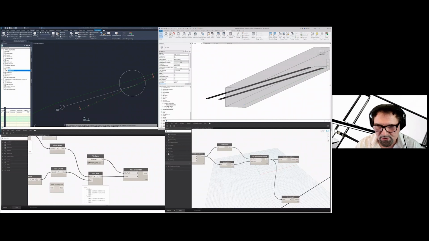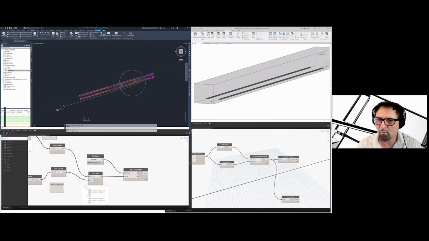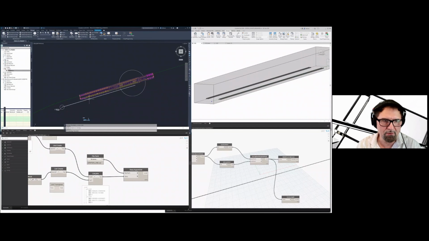All right, so I'm going to switch the running to automatic. And over here in Civil 3D, I'm going to switch that to run automatic. And then I'm just going to bring that alignment back to its original location. And watch how quickly that updates in Dynamo. Let's do that again. I'm going to go, okay, first of all, let's switch this off again. Don't need that.